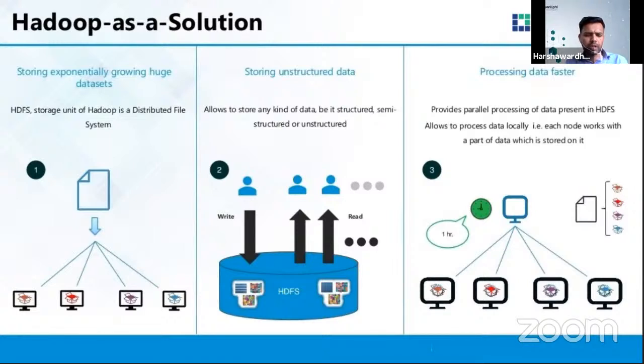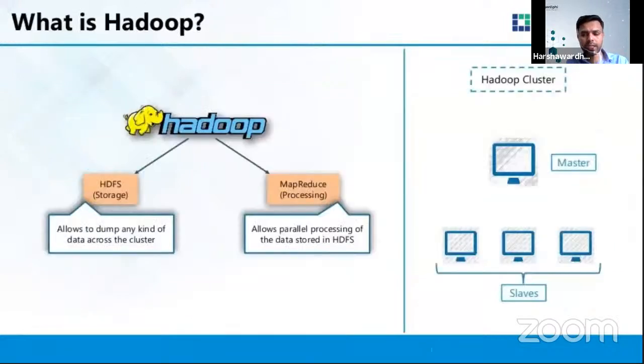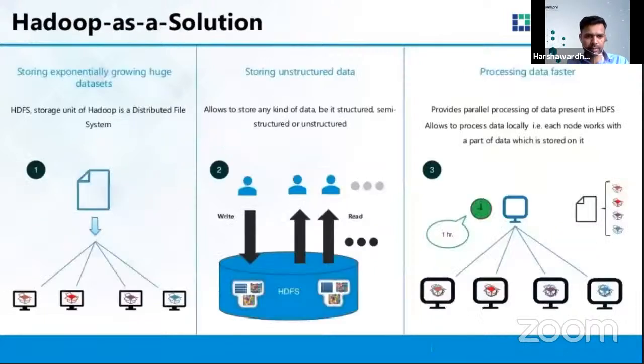So if you remember that example we discussed, Hadoop stores the data in a distributed way, right? So definitely there are going to be a lot of slave nodes. Let's consider the example of these machines: in this particular example on the left hand side, on screen, there are 4 machines and there is one file, and that file has been stored on these machines. Now, how will that file be stored, who is going to take care of that? We'll talk about that in a couple of next slides, so don't worry about that. Just try to understand Hadoop as a service, Hadoop as a solution. It is capable of storing the data, and this is how it is going to store the data in a distributed way.